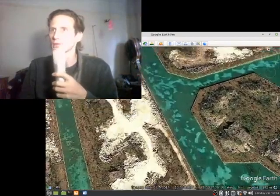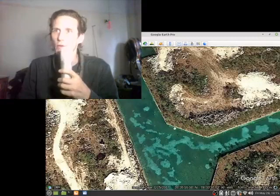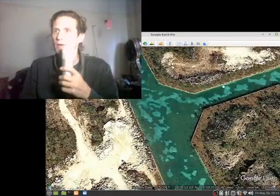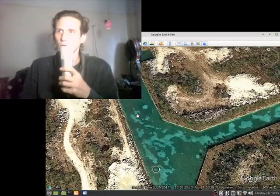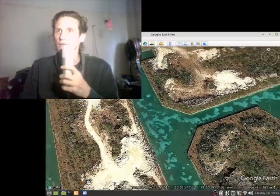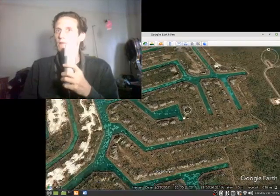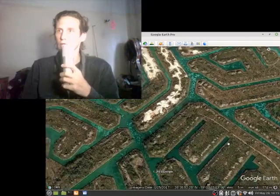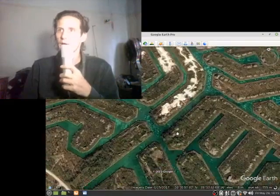But at one time this was really nice, because there's quite concrete, maybe even stone retaining walls. It's not just cut into the dirt. This is basically a gigantic swimming pool, a gigantic swimming pool that actually has concrete bottom and sides, and it's just absolutely massive. But it's extremely old. This is not a neighborhood that was in use in recent history at all. This is very old, but it's showing